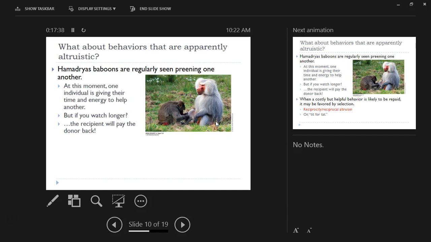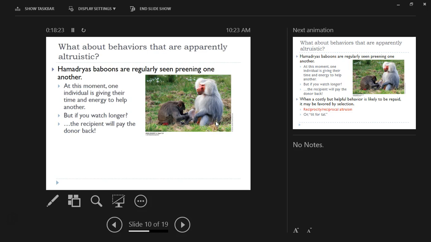So basically, she's going across his leg, and oftentimes you'll see these guys sitting with one individual's back to them, and they're going through their hair and grabbing bugs and stuff out of them and pulling and preening. As a result, this male is benefiting from the female's actions here, in that she is ridding him of ectoparasites, which can have a substantial cost. So at this moment, the female is basically paying a time cost. They'll spend hours doing this. So this is a substantial amount of time. So she's paying a cost, and he is directly benefiting. So it appears to be a situation where you have an altruistic act going on here.